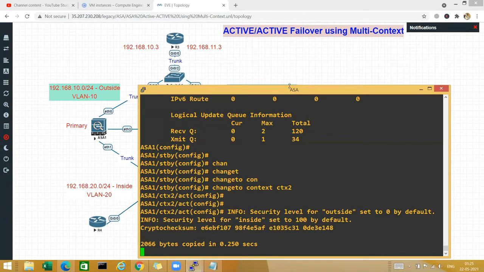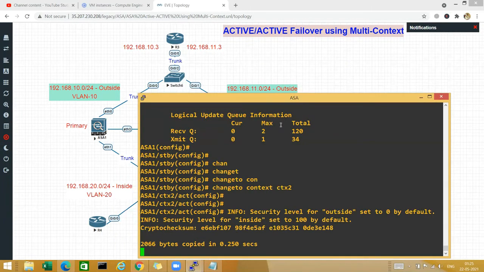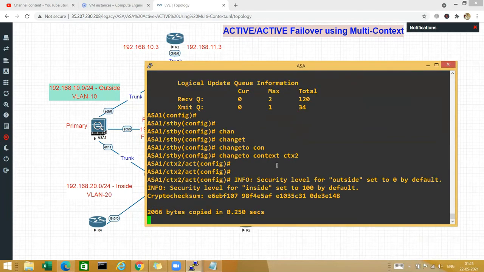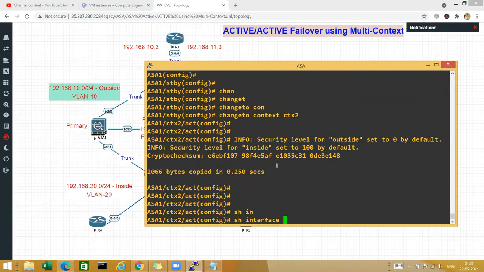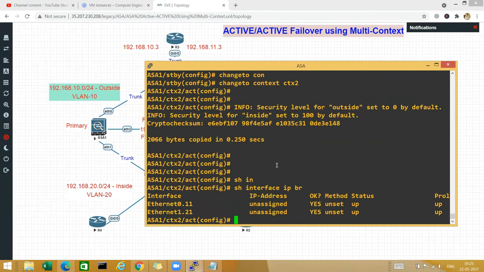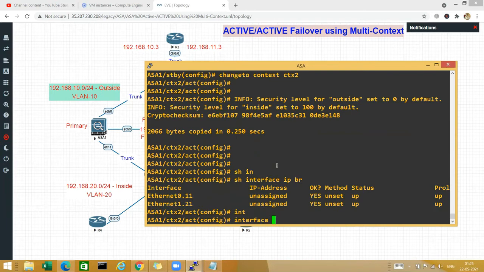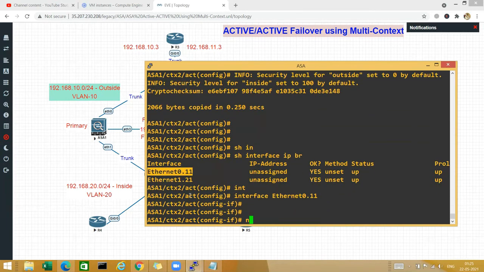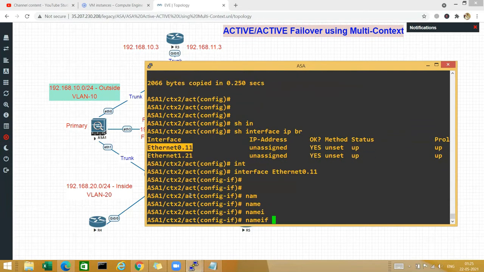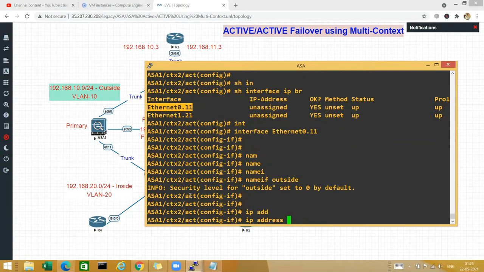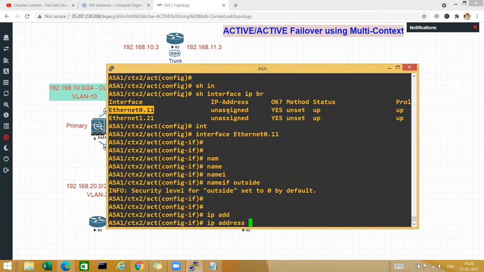Okay, so for this side, I'm in context 2 already, and if I do show interface ip brief, I should see two interfaces. So let's start with interface Ethernet 0.10, 0.11, and the nameif is my outside here. Nameif is, let's say, outside, and the IP address is going to be 192.168.11, this side is 11,